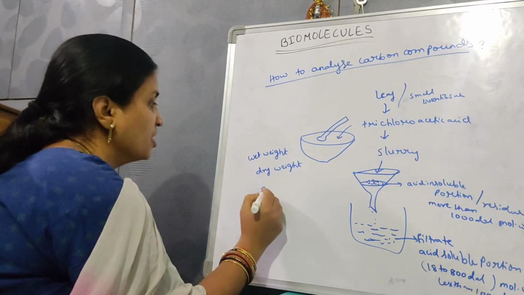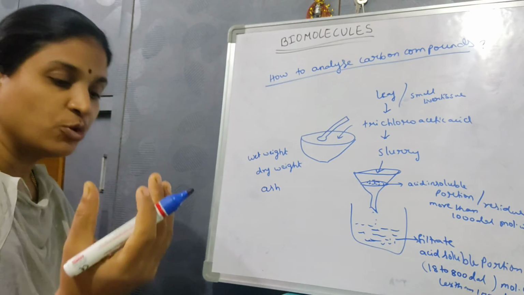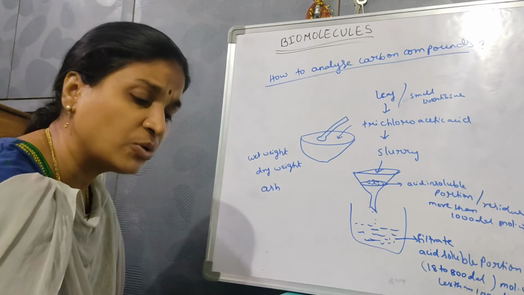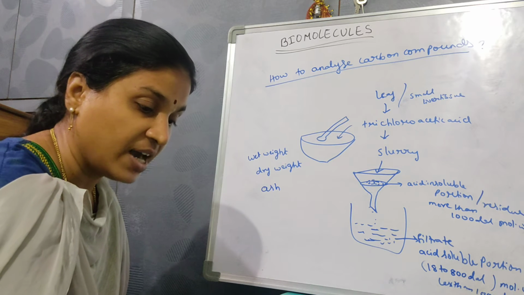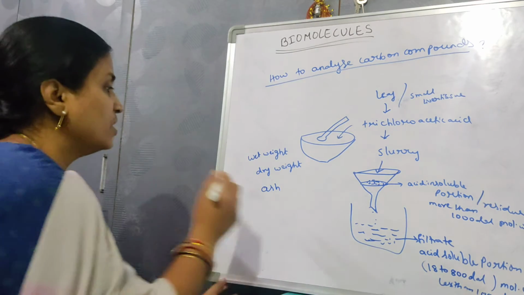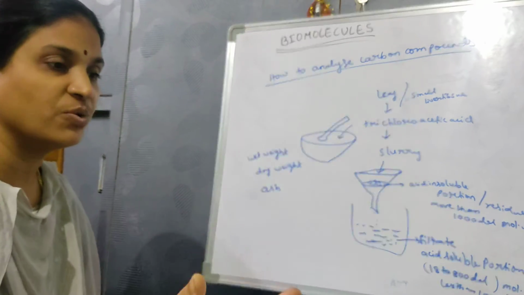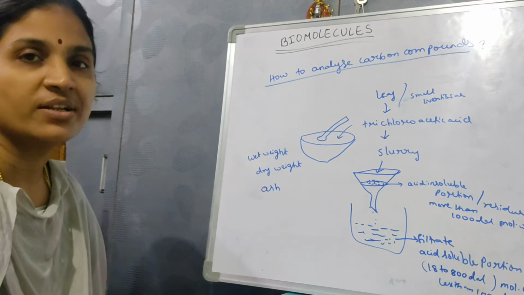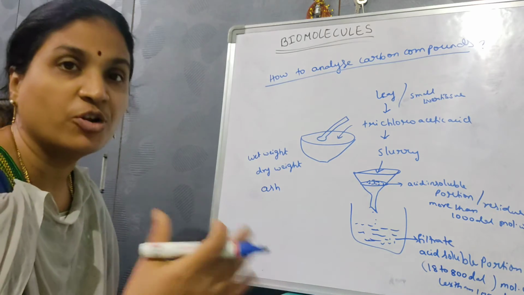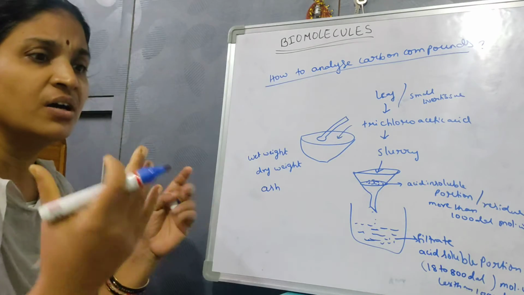And also ash. What is ash? When you take a leaf and burn it, the compounds are going to get oxidized to gaseous forms, carbon dioxide and water vapor, and are removed. So what is remaining? The remaining one is nothing but the ash. You are going to weigh it. If it is an adulterated one, the weight may be more or less. But if it is a pure one, we are going to have some normal values. When we compare with that of the product, we get the correct information whether it is adulterated or the pure one. So like this, we are going to analyze the living tissues or living organisms.